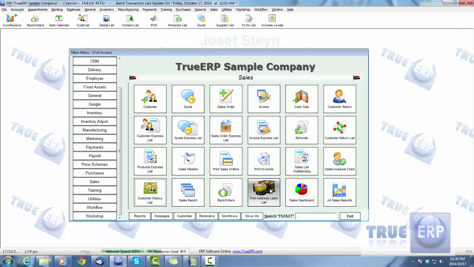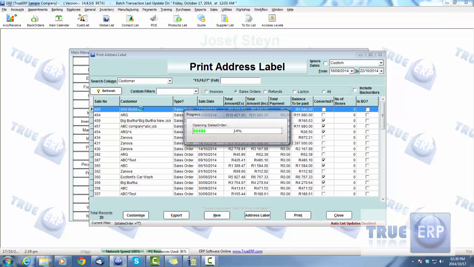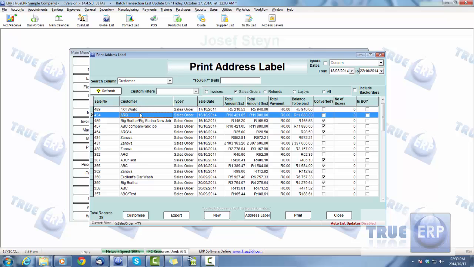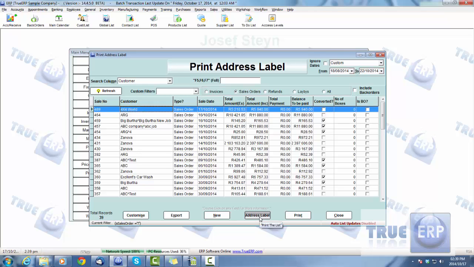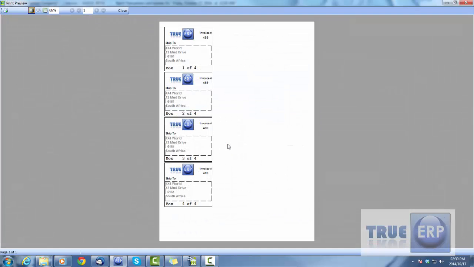We can have a look at printing address labels. You can print address labels for whichever customer you want. We're going to go ahead here and select 4x4 world address label, specify the number of labels to be printed for this sales order number. We're going to say 4, hit OK. So for this sales order, we can now simply print address labels